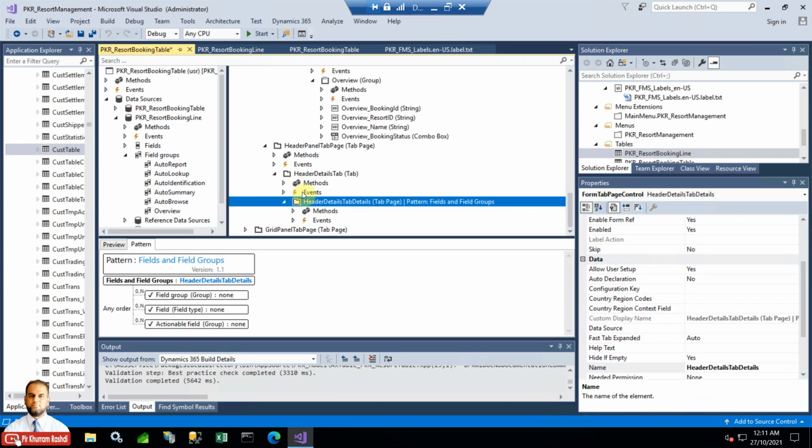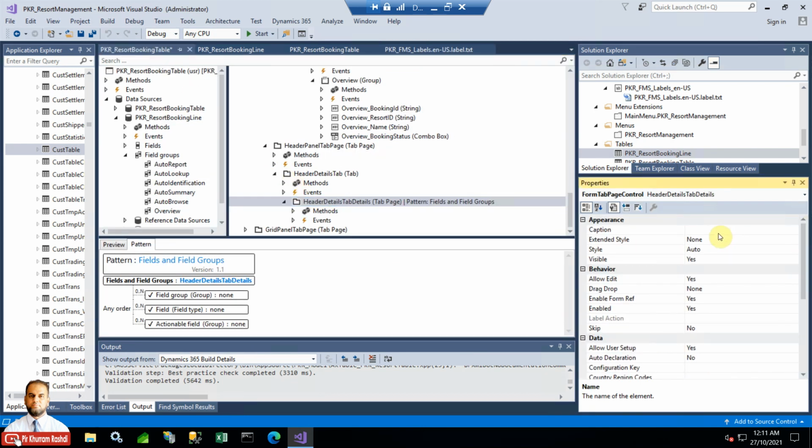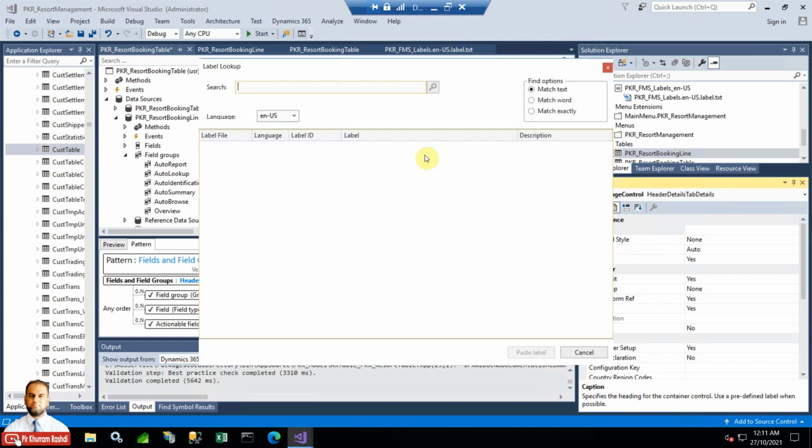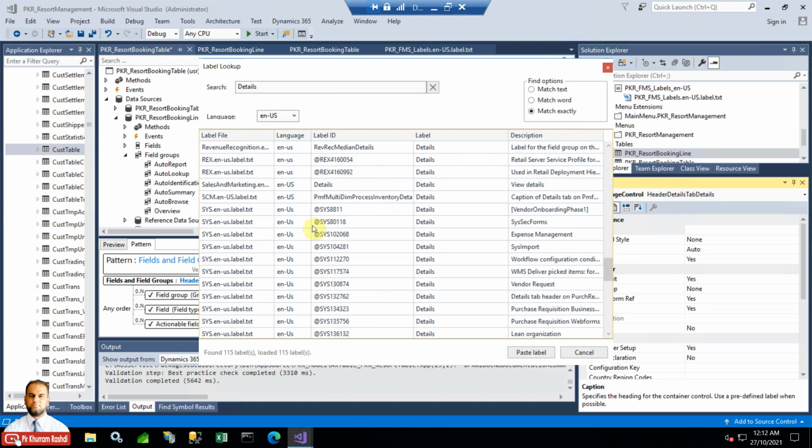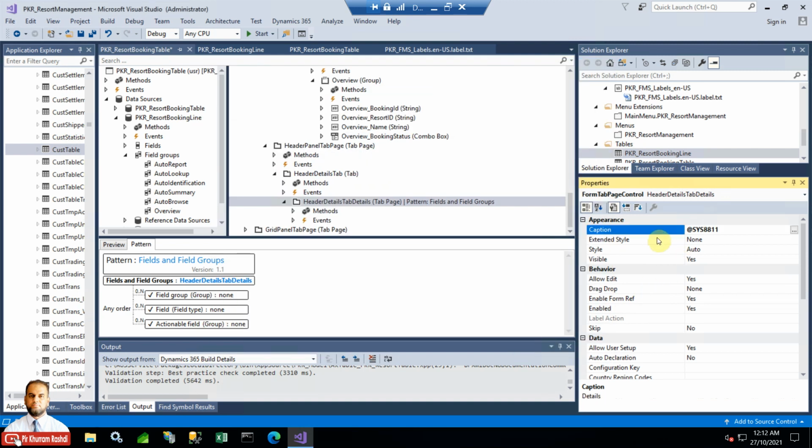Just copy this one and place it in this caption. Just a moment, this needs to be only for details. Okay, and just find a sys label for this. So this one is okay, and I will place this for details. Okay, then we can just place here